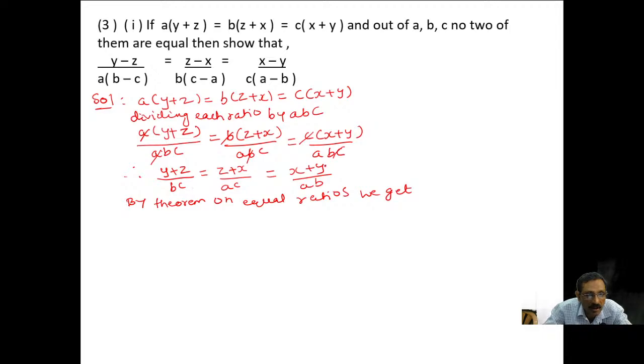Y will go away and I will be getting z minus x. And this, if I use AB and I take BC, I've got AB. In that, if I remove B common, I will be getting BC minus AC. Okay, so in this case, what I will be doing is, by theorem on equal ratios,